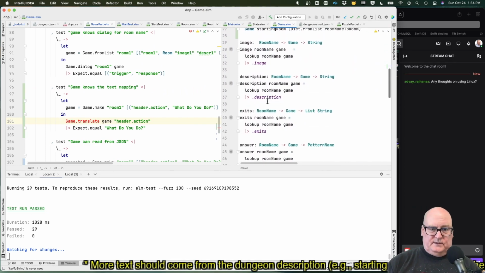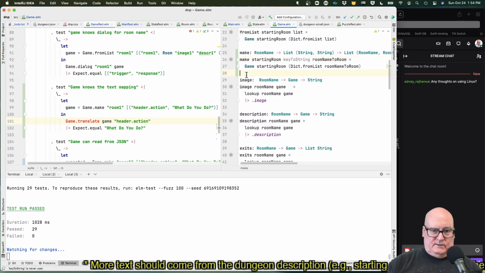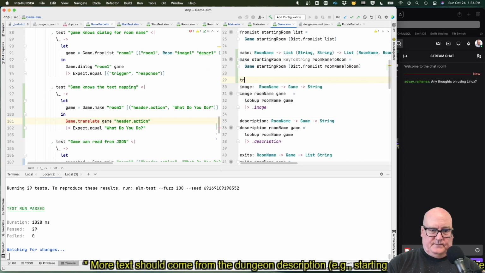Okay, description, image. Let's do a translate. Translate, you give it a game and you give it a string, and it gives you a translated string.